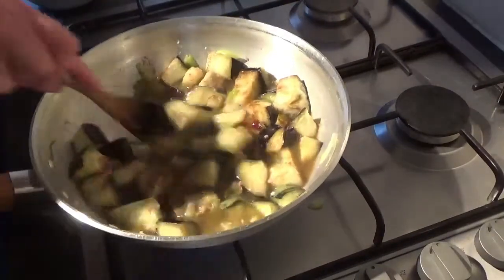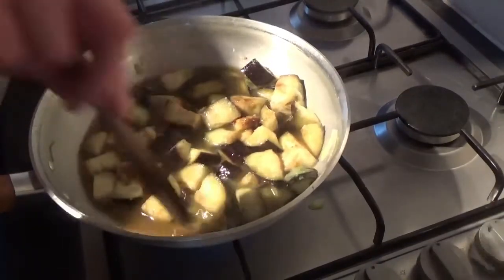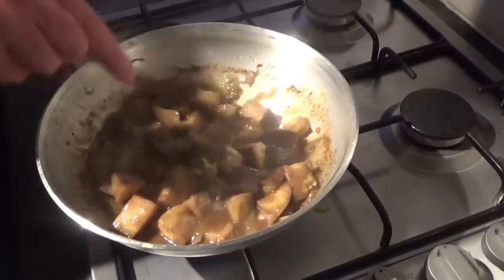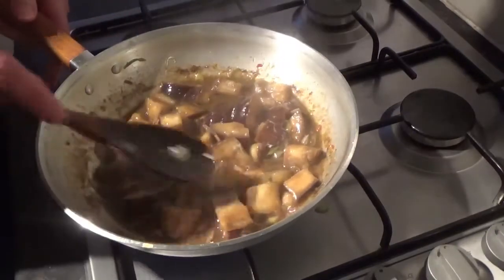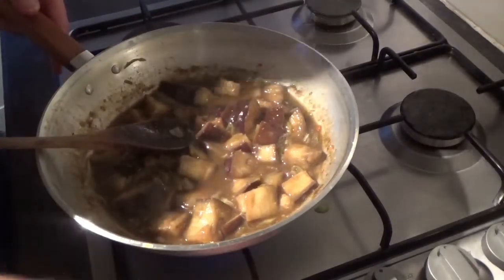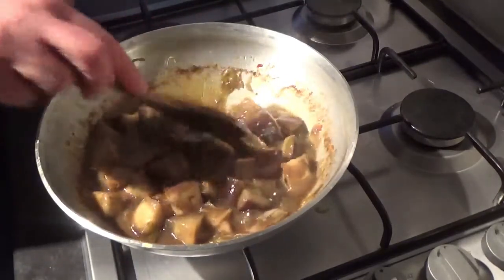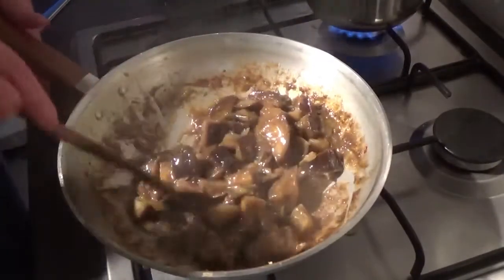And then what you're going to do, you're going to turn the heat down to low and let that simmer away for around 15 minutes. And it's had 15 minutes or so, so your aubergines really soften down. Then you're just going to turn up the heat a little bit and reduce that sauce so that it thickens and reduces to almost nothing. When it's reduced down to something like that,